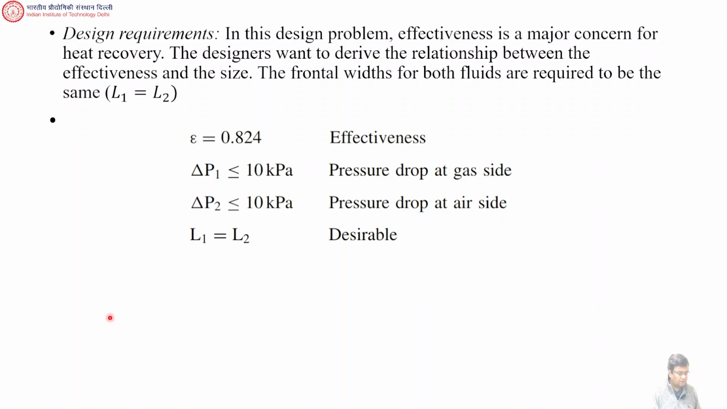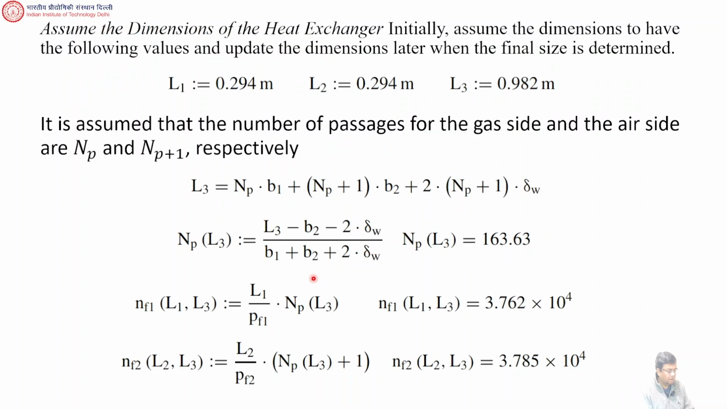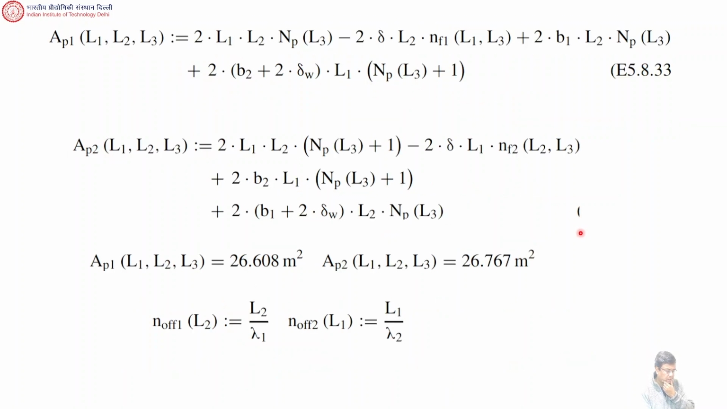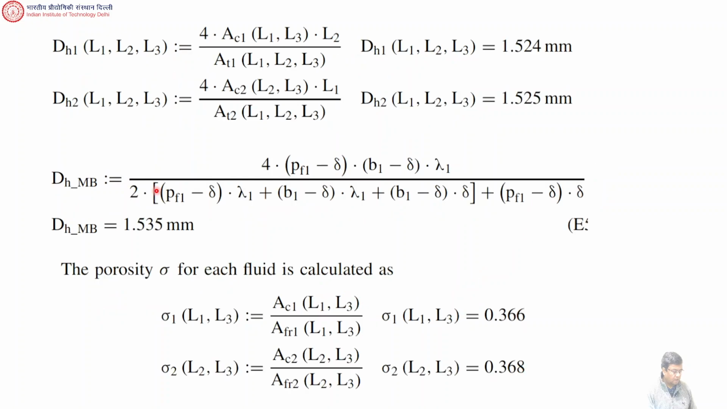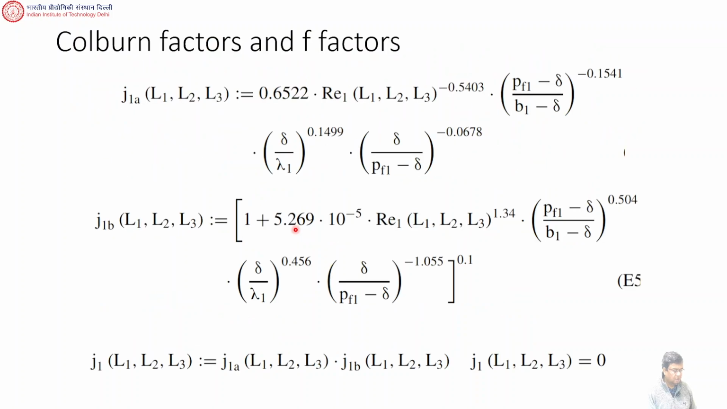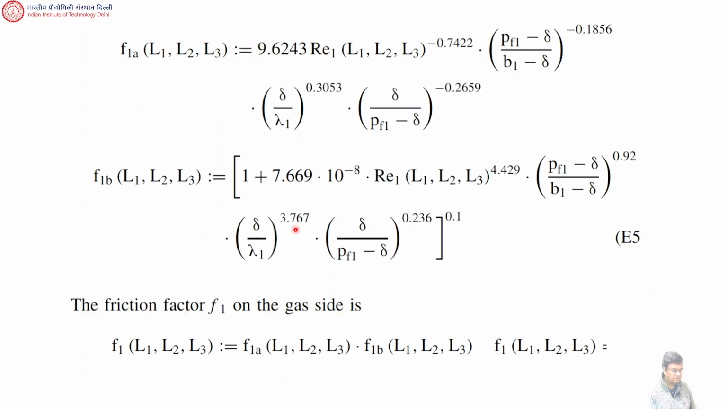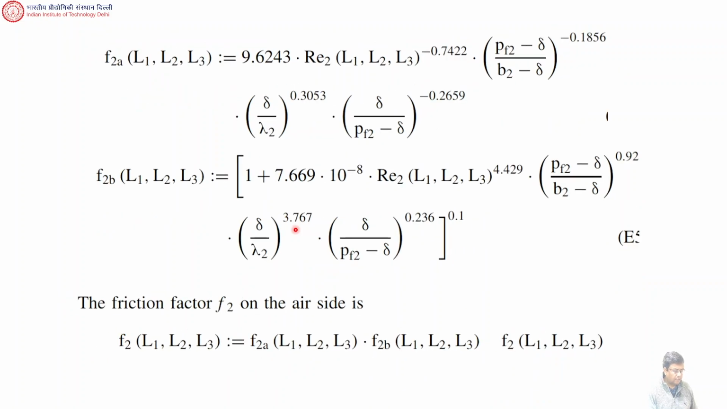And this problem had these constraints. Again, we choose some N1, N2, N3. Then there's some primary area for fluid 1, primary area for fluid 2. These are calculated. Then AF1 is calculated. AF2 is calculated. This hydraulic diameter calculation. Ultimately, these are the Colburn factor, then friction factor, and